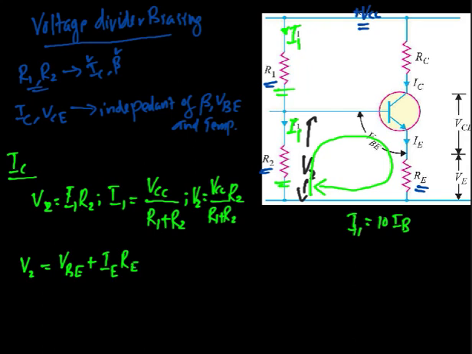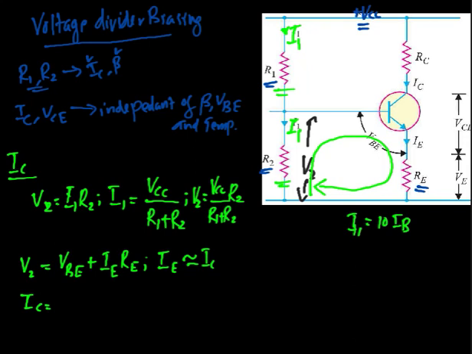This is Kirchhoff's voltage law applied to the input circuit of the base emitter junction, and we know that IE is approximately equal to the collector current IC, so we can replace this IE by IC. So this equation becomes